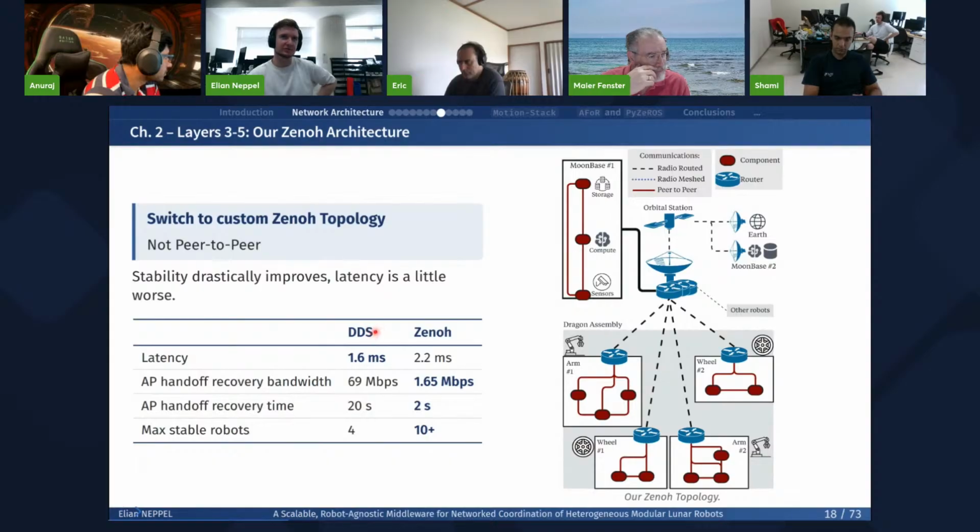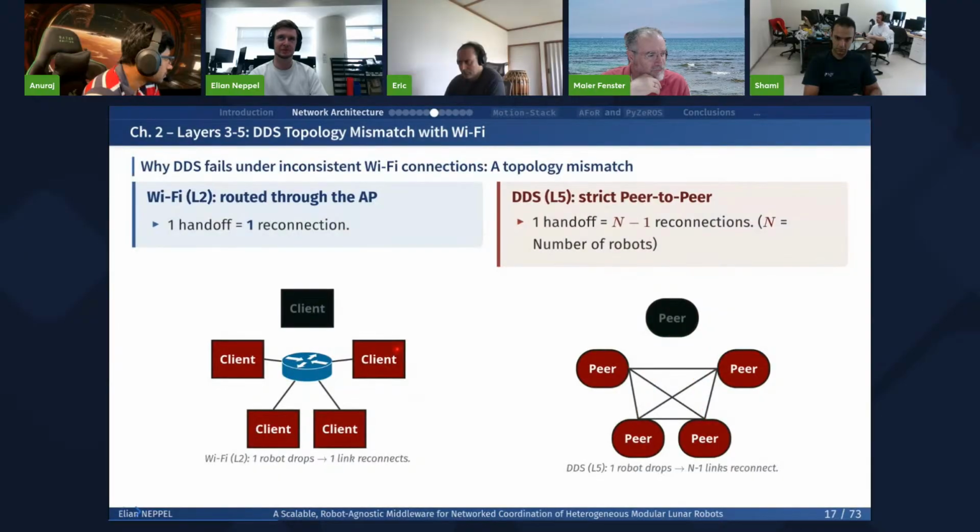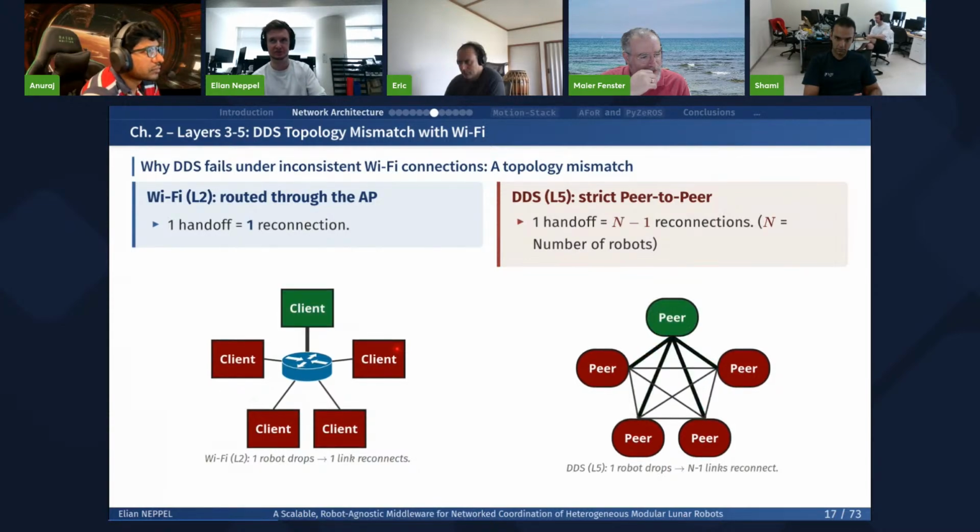No, not really. I think it's this slide you are talking about, and this is just DDS that is limited to around 4 robots. And this is because of the peer-to-peer topology. Because when you have a Wi-Fi handoff that happens, DDS needs to disconnect and reconnect a lot of connections.